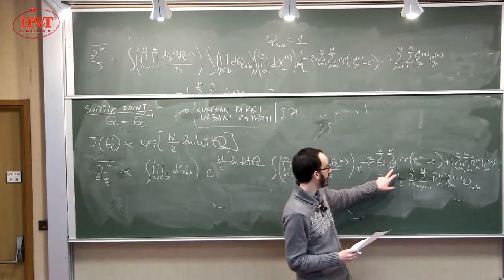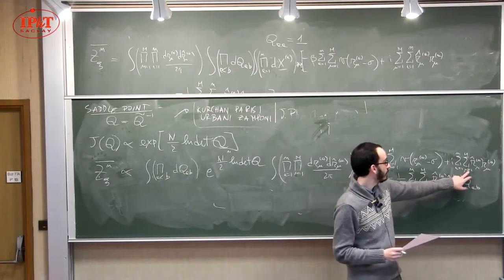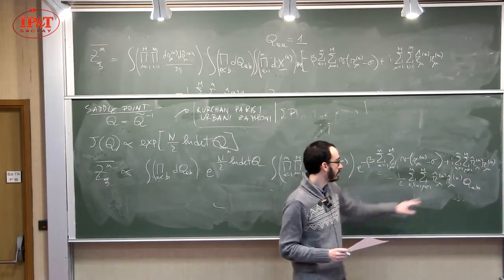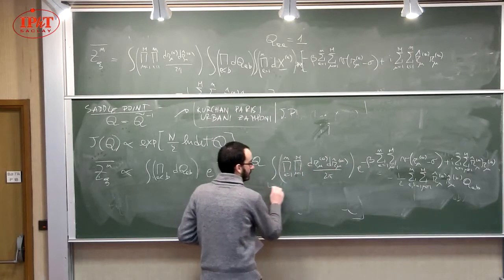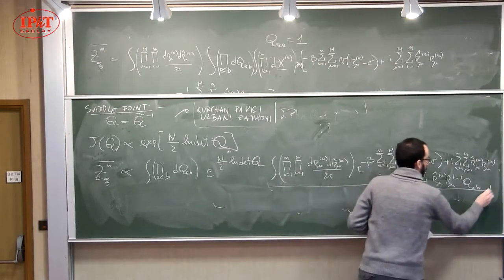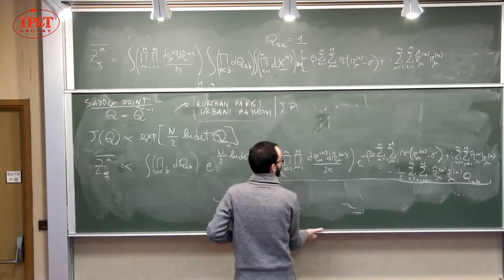So here you have a sum over mu, a sum over mu, and a sum over mu. Then just this term can be rewritten as